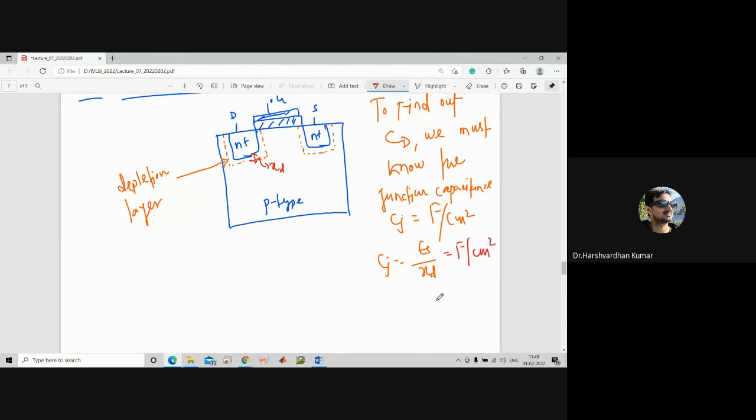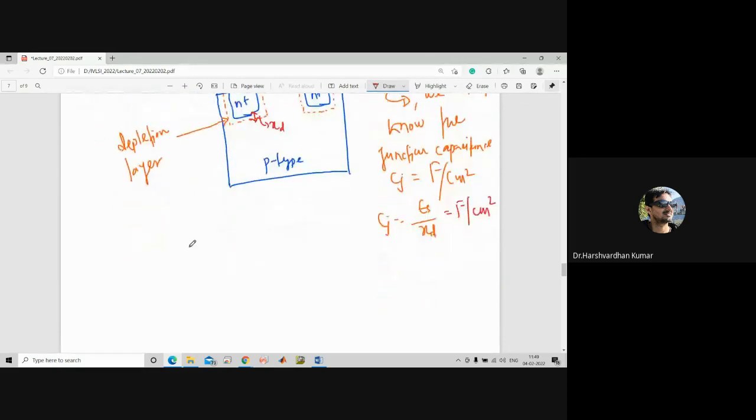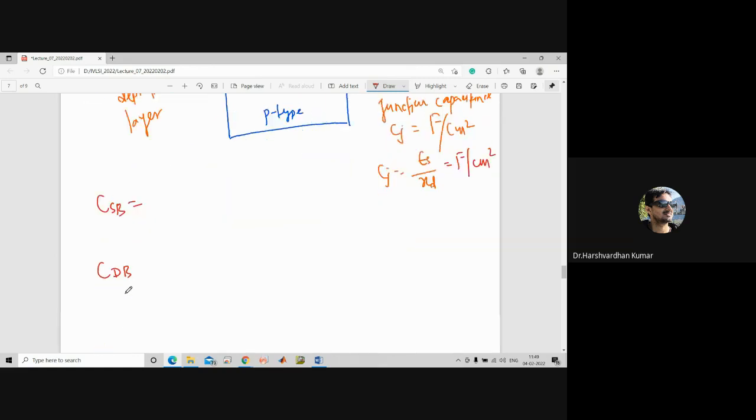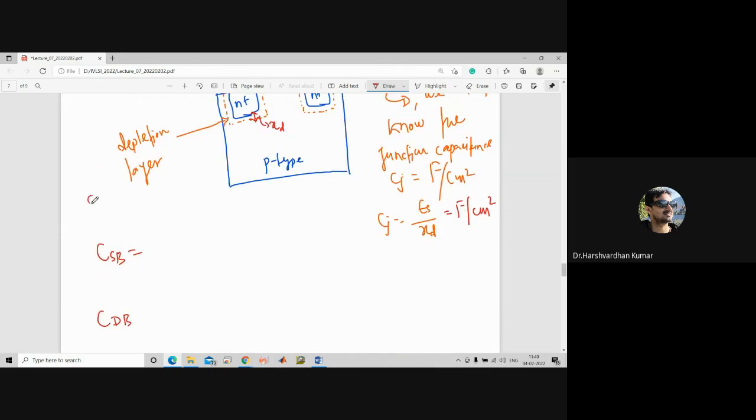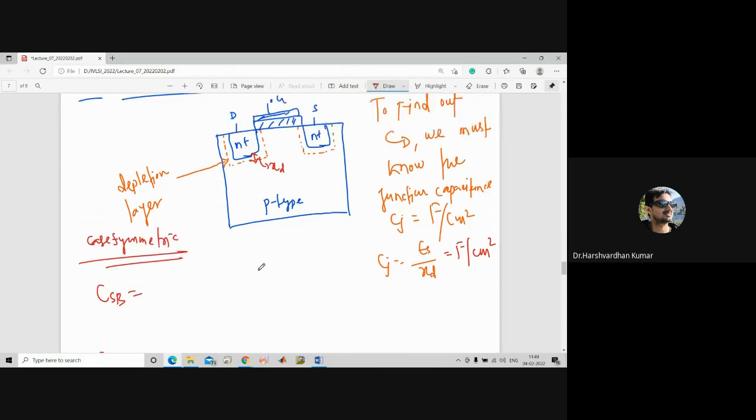Now, we are interested in finding the depletion capacitance. Here, there are two types of depletion capacitance. The first will be source to body and drain to body, right? Since this is symmetrical, we will calculate just one, and the other will be equal. So let us say, under symmetric,